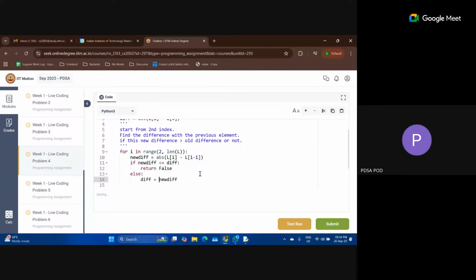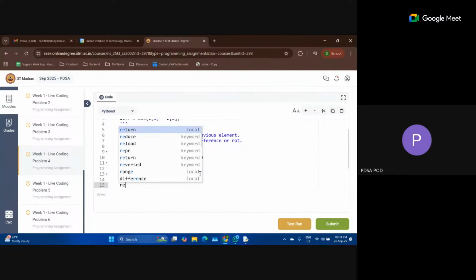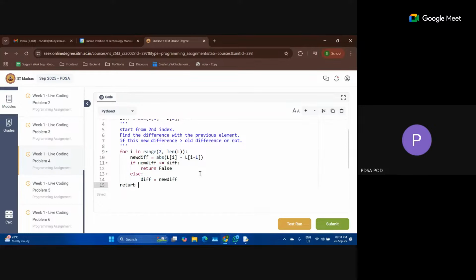Otherwise, it means that my new difference is always strictly greater than the previous difference. If this loop has completed its execution, it means that for every index, whatever difference I have computed is strictly greater than the previous difference. So in that scenario, I can just return true. Is this clear?